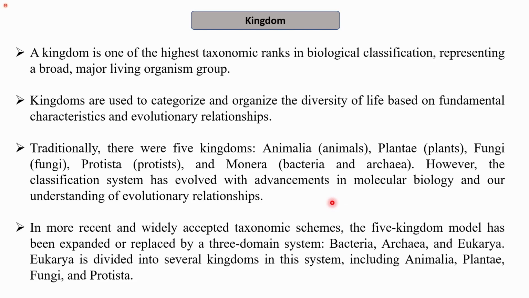We will learn about the five kingdom classification system in detail in the next lecture of the series,